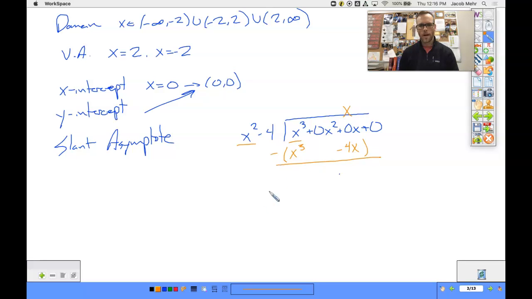And now we subtract. X cubed minus x cubed, gone. 0x squared minus 0x squared, that's gone. 0x minus negative 4x is 4x. Now notice, I could drop the 0 here, but x squared doesn't go into 4x. So this is actually our remainder. That tells me our function is equal to, what did we get? X